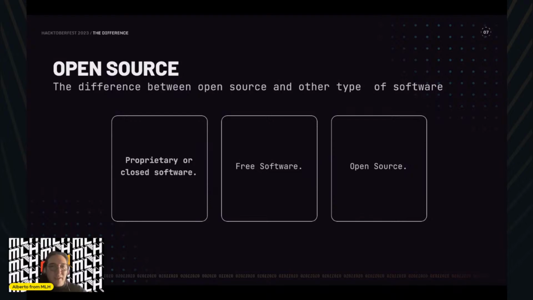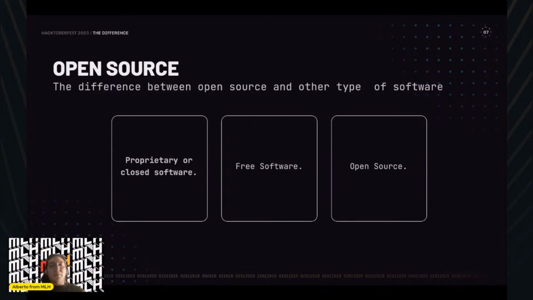Right? So free software means software that respects users' freedom and community. Broadly, it means that the user has the freedom to run, copy, distribute, study, and change or improve the software, right? There are four principles of free software.